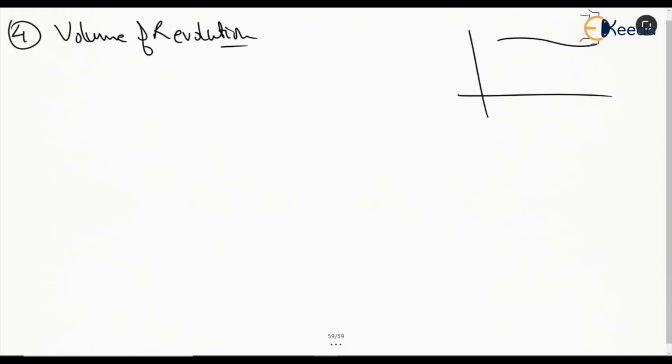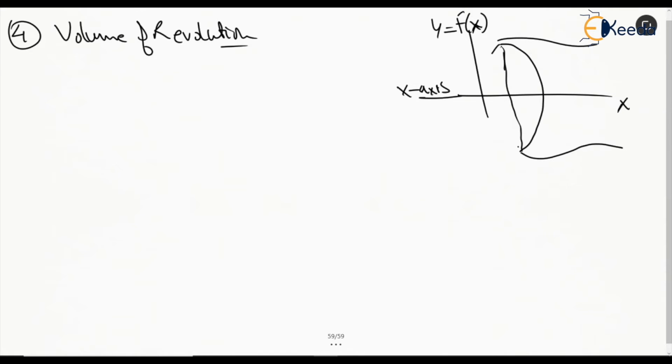Then if we rotate this y about this x axis, this is x, this is y is equal to f of x, then we can rotate this and maybe it will look like this, right? This will make a circle, because for